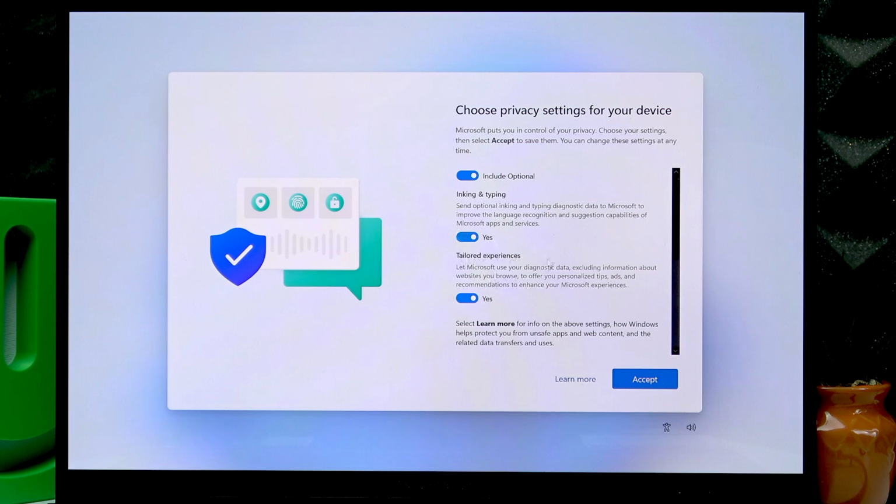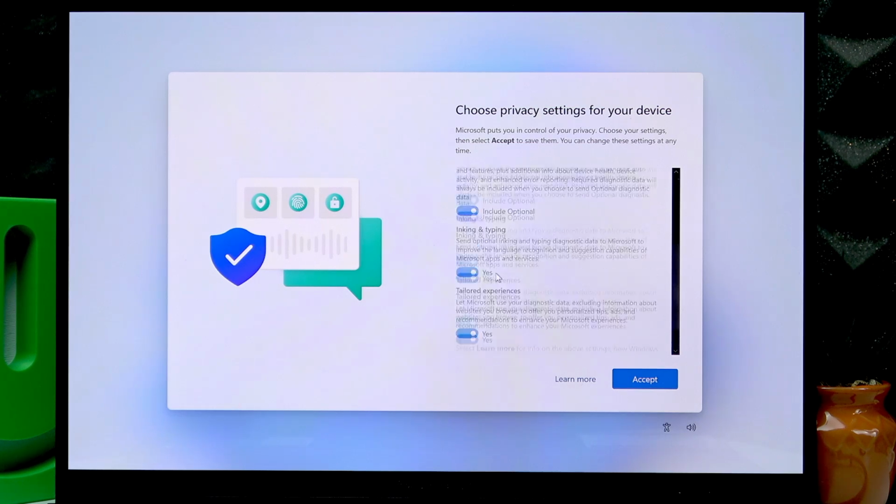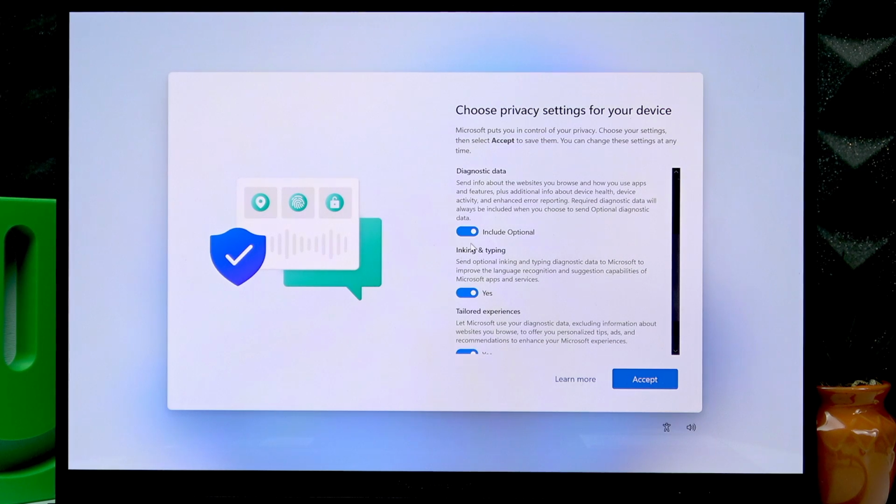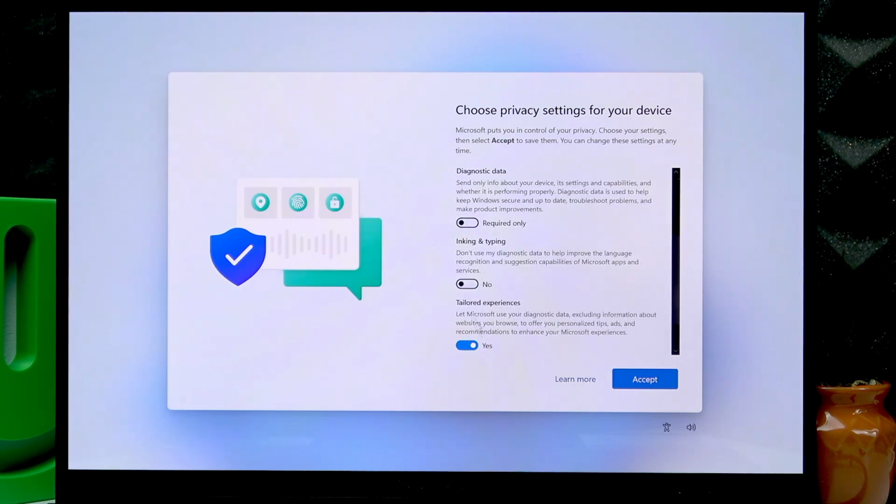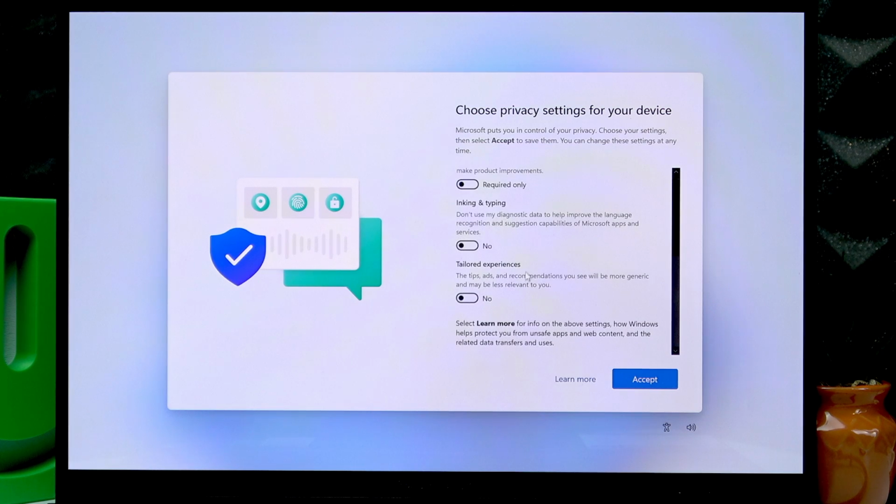Tailored experiences basically creates your ad preference. What was it called? The personalized recommendations. Okay, so you can get to know each of these yourself,